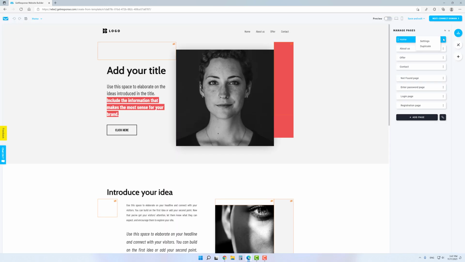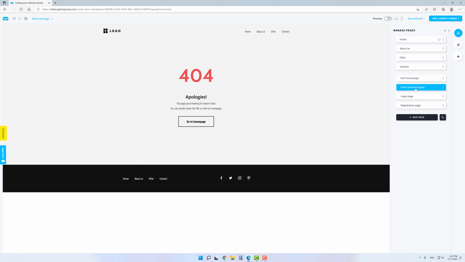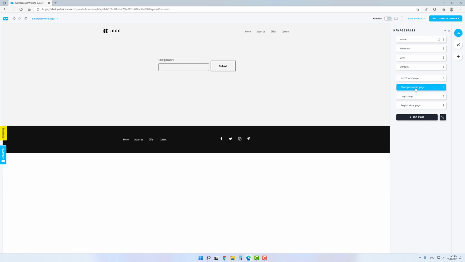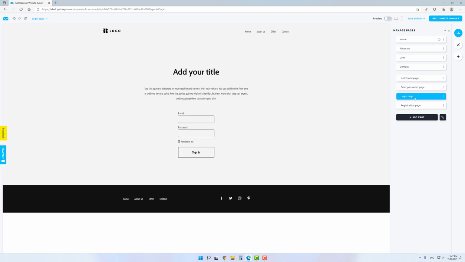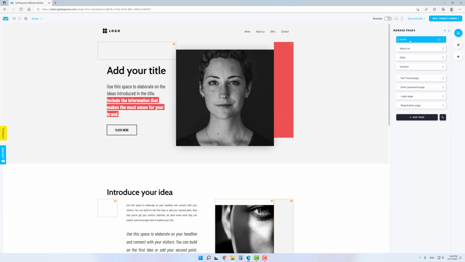As you may have noticed, not all of the pages we currently have are displayed in the menu. These are the service pages, so it makes no sense to display them there. However, you can customize and configure these pages just like any other, with the only exception that they cannot be removed, as they are important for various digital marketing purposes. After we figured that out, let's try to create a new page.